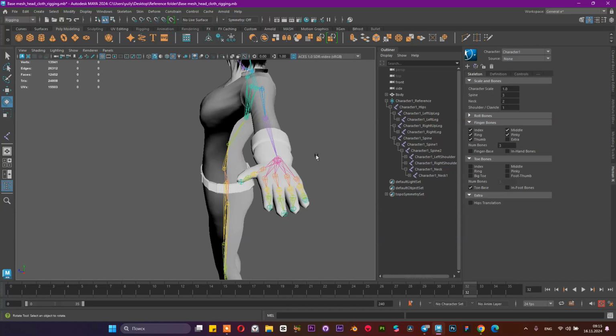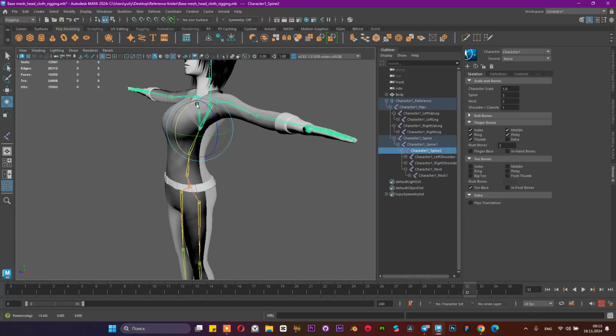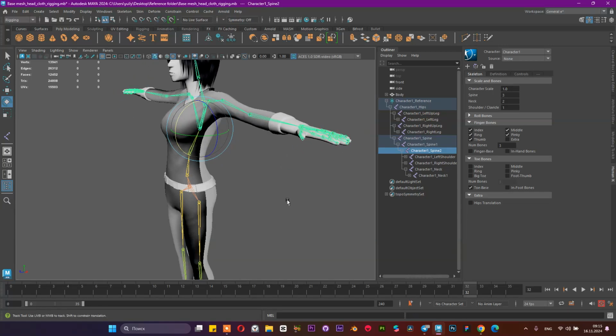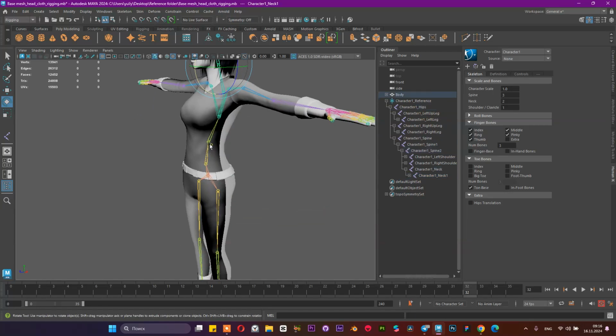Sometimes it even breaks some of the skinning process. We will do this paint skin weight in the next lecture, and you will understand how difficult it is. That's why you should try to select the better skinning process